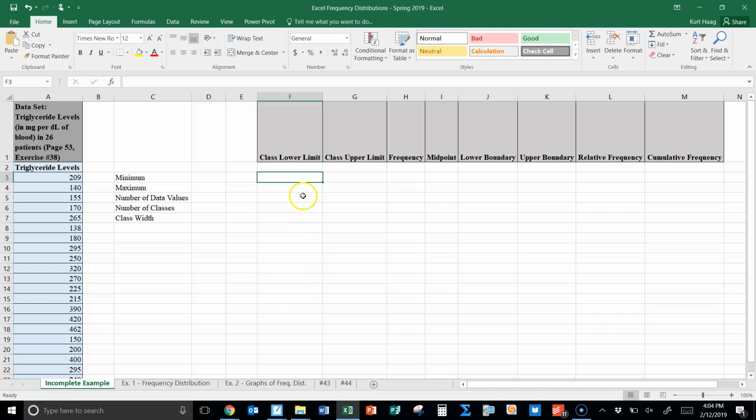In this video, we'll be working through using Excel to construct a frequency distribution for a data set. Over here on the left column, you'll see a data set of triglyceride levels that we are going to organize into a frequency distribution. First of all, there are a few things we're going to need to find before we can start